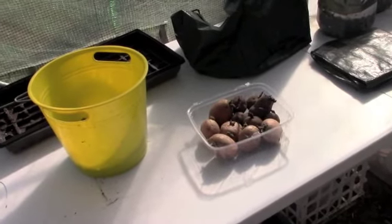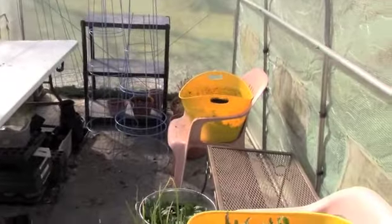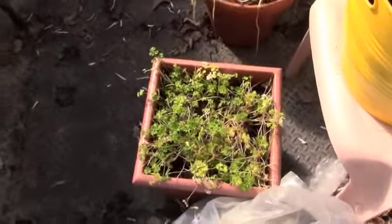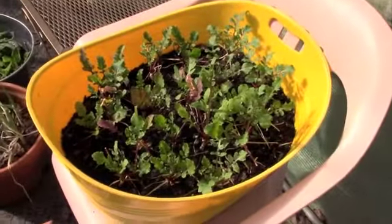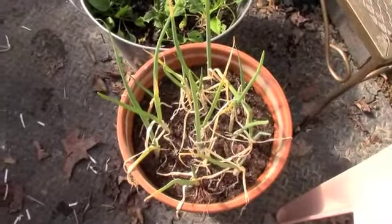Okay, so I'm all set up here, up in the polytunnel. It's a mess. I do have some winter greens growing here. I've got parsley, and I've got arugula, and I have some green onions which need a little water, and I